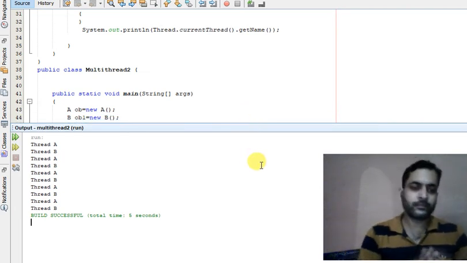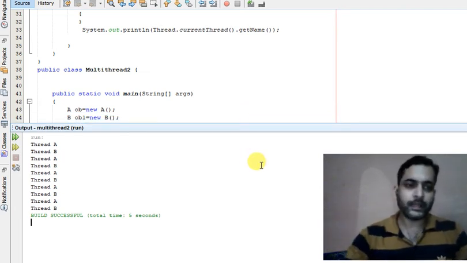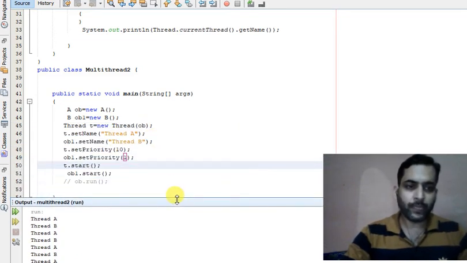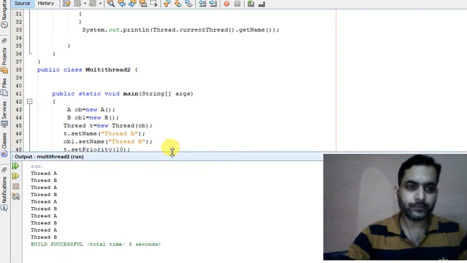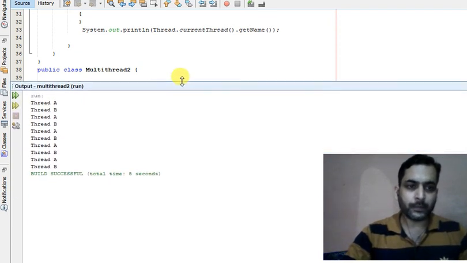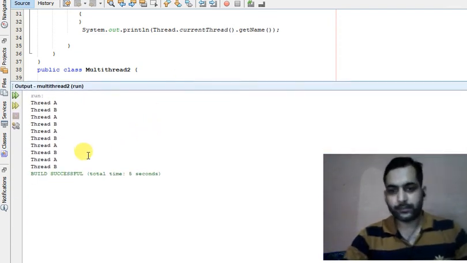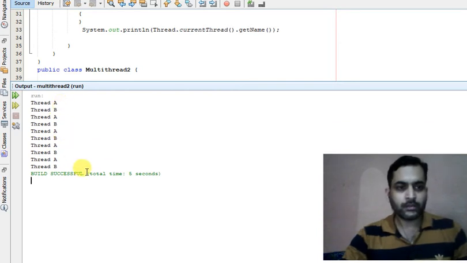Okay, one might be wondering that I have assigned the highest priority to thread A and least priority to thread B, but still the output is same. So why is it so?